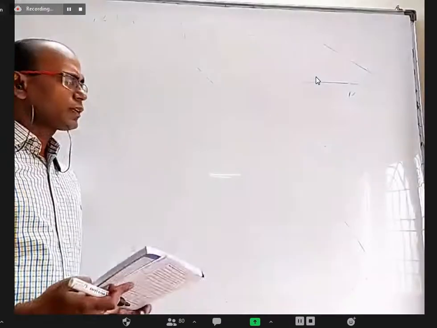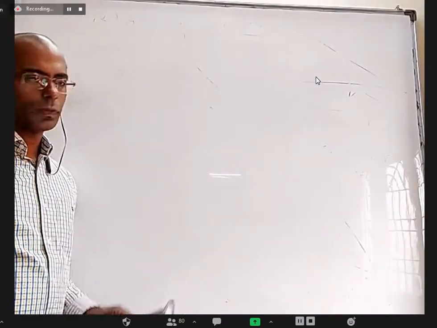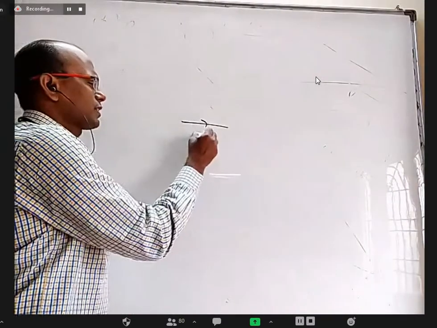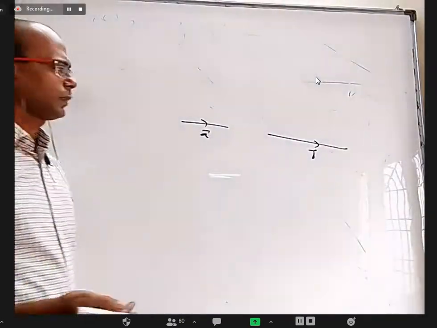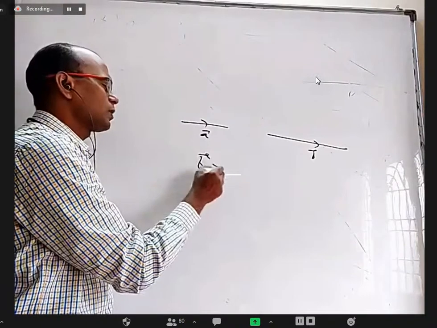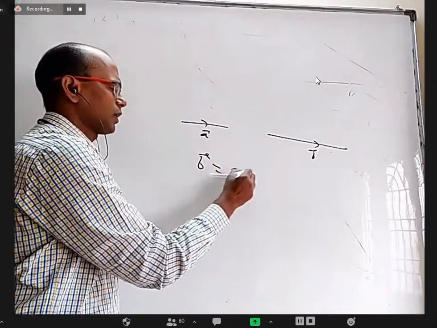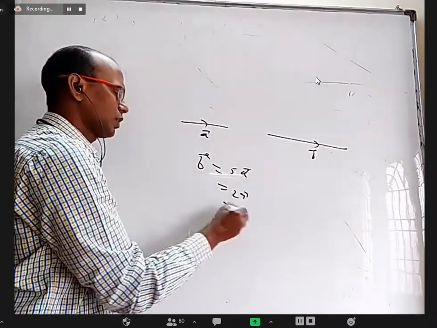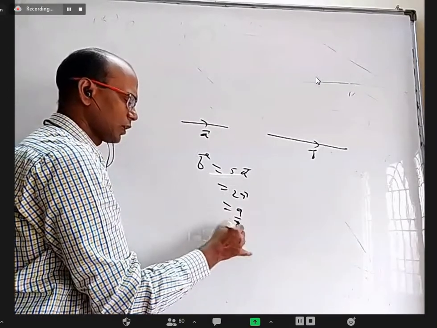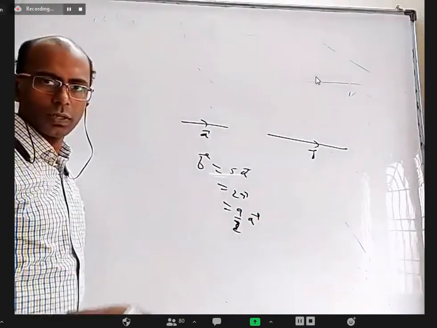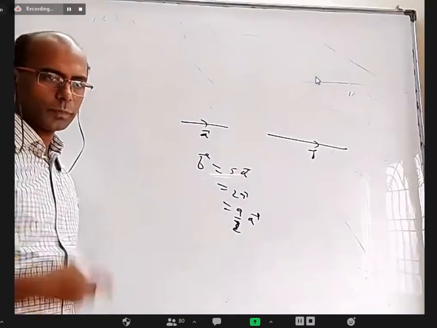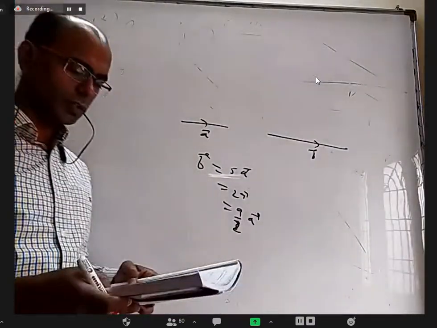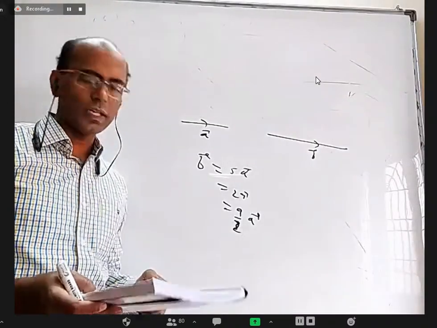Now, when can you say 2 vectors are parallel? Let us say two vectors A bar and B bar are parallel. They have the same direction but different magnitude. Definitely, I'll be able to write B bar as a multiple of A bar. I can write B bar as 5A bar or 2A bar or 9 by 2A bar, something. We can write one vector as a multiple of another vector. That is exactly the point. Two vectors are said to be collinear if they are parallel or have equal lines of support.